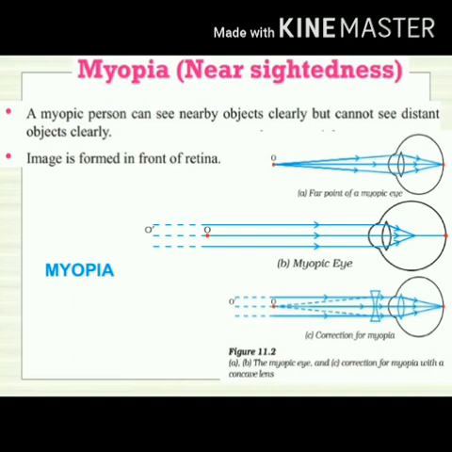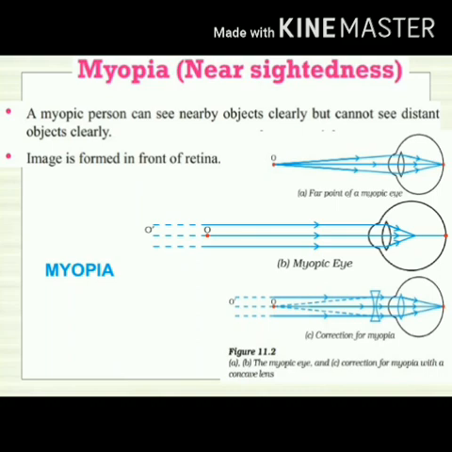Myopia is nearsightedness. So what is nearsightedness? From this definition you can understand on your own that here near is sighted. So myopia means the person is able to see nearby objects. What they cannot see is far away objects clearly. That means when you have to draw the myopic eye, you need to remember you have to consider objects at infinity, which is far away.